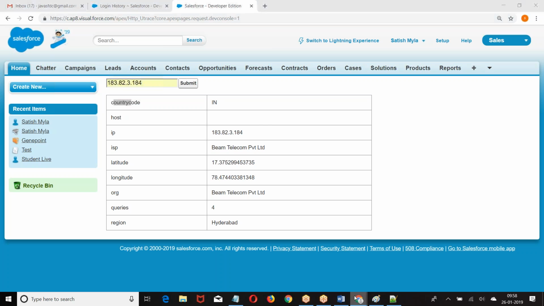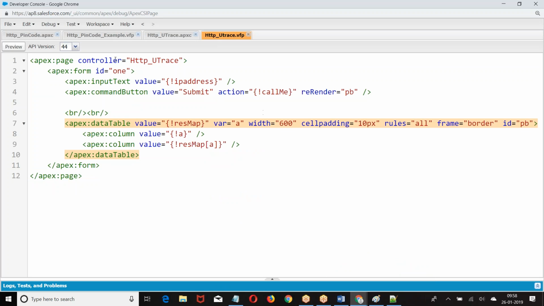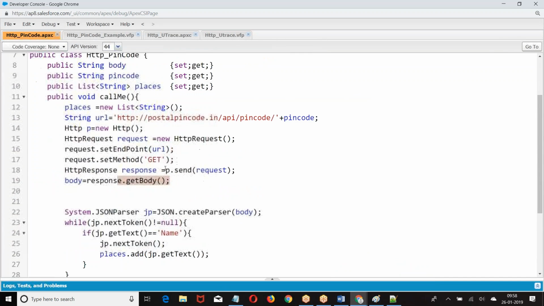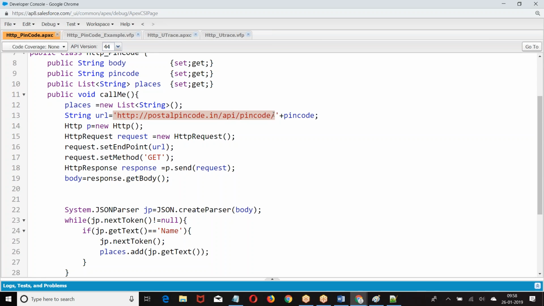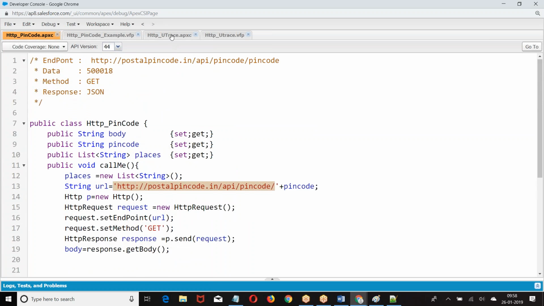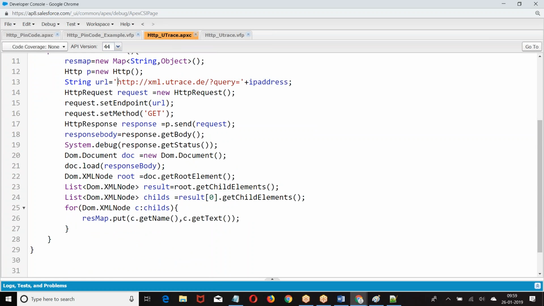So when you are making a request, we are getting a response in the form of XML and JSON. In this example, we made a request to this third-party system. I made a request to this URL. According to my IP address, they told me who is my internet service provider, at what location I am located, in which state I am located, my IP address, my location, my internet service provider name, my longitude, latitude. This is the data they are giving. This is a third-party system.